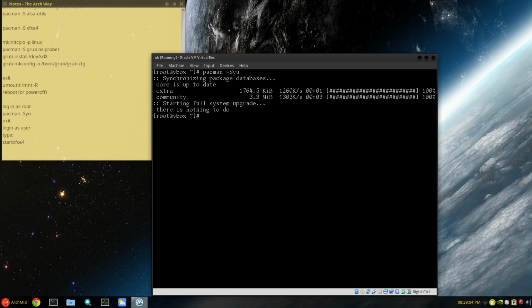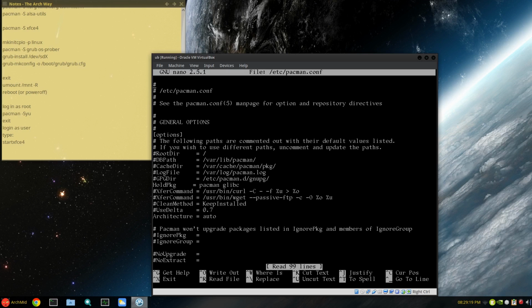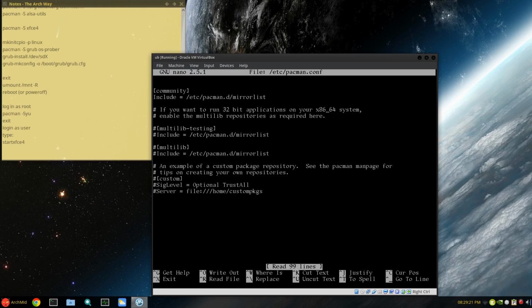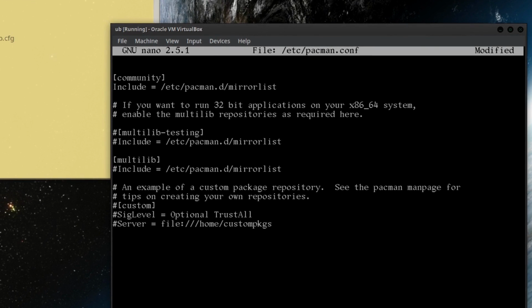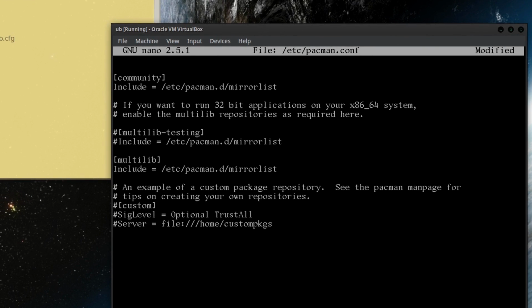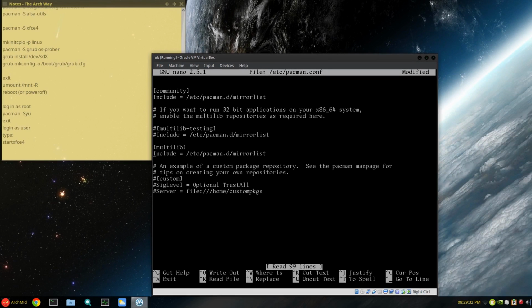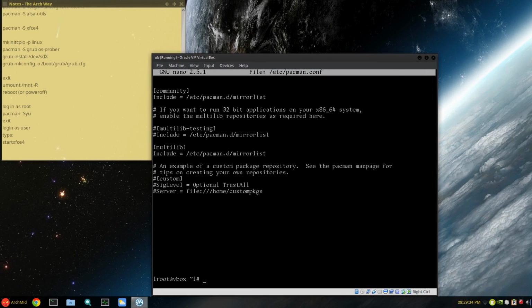Okay, since this is 64-bit, you might want compatibility with 32-bit programs. So I usually do a sudo, not sudo, I don't need to do that yet, nano /etc/pacman.conf. And I'll page down pretty much near the bottom and uncomment where it says multilib, delete that, and include the pacman mirror list and delete. Write that out and exit and resync our mirrors,